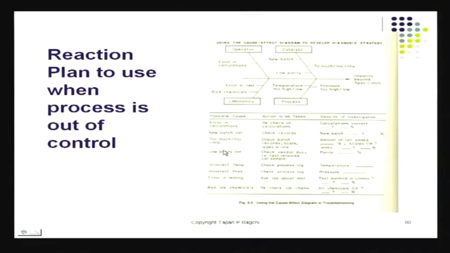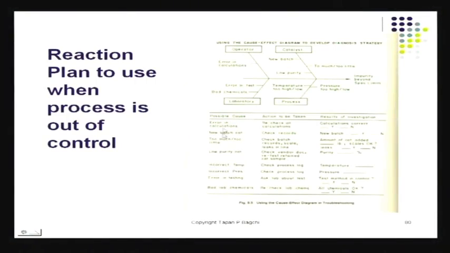So you go over these things: low purity catalyst, that also could be a reason for this, incorrect temperature, incorrect pressure, error in testing, or bad lab chemicals. So you're actually getting a bad test coming out of the laboratory. This is our checklist. So whenever we've got an exceptional situation, pull out this checklist and you start very systematically